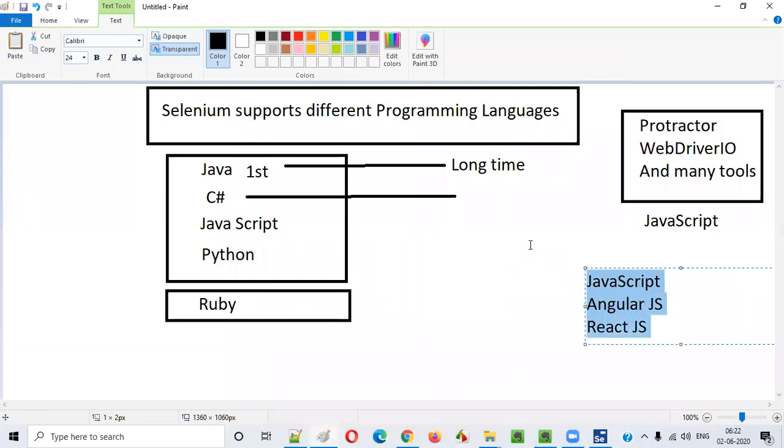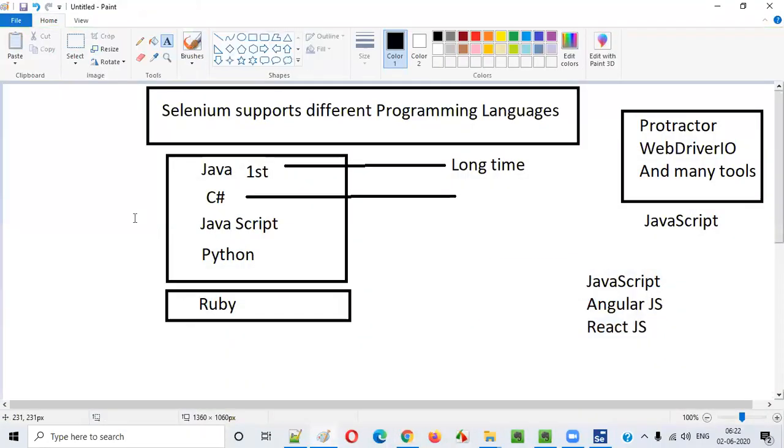A lot of new technologies are being added into the market, on the client side. That's why if you go with JavaScript, somehow it is becoming common. Because of some reasons, people have to use JavaScript for automation also, because they are familiar with this kind of front-end tools.